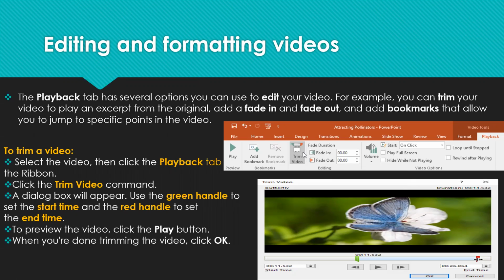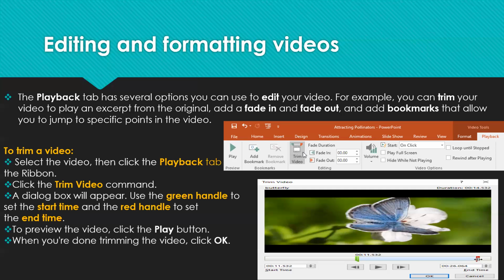One thing is trimming a video. Here you can see the trim video. What do you mean by trim video? You can cut the size of the video from 10 minutes to 5 minutes or 2 minutes or whatever length you want. That is called trimming a video, cutting the length of the video to a specific portion.